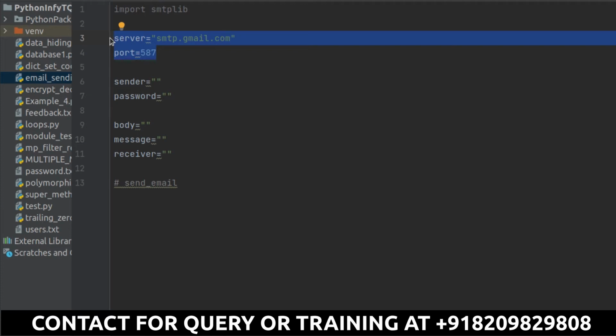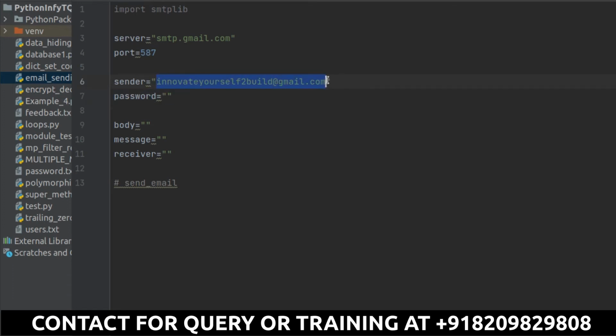Now suppose we are connected to the server, the next step is that we have to log into that server, or let's say simply you are on that website and now you have to log in, and then the next step is to send an email to anybody. So for that, firstly let's pass the credentials so that we can send an email to anybody. Here let me just pass my email ID. Okay, so right now I have passed the sender email ID, which is my email ID through which I will be sending an email to anybody.